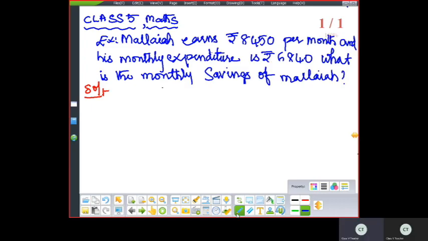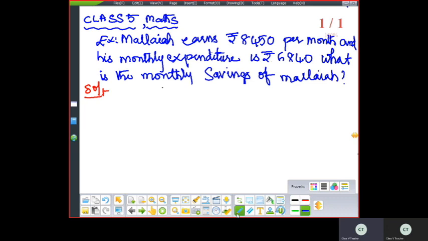Class 5 mathematics. In our previous class, we went through the subtraction problems, normal simple problems. Now let me go on with the word problem. After that, I'll give you some more problems of 4-digit subtractions. As you remember, children, I have given you some keywords to understand the word problem. So this is the word problem. Let me explain it in detail.